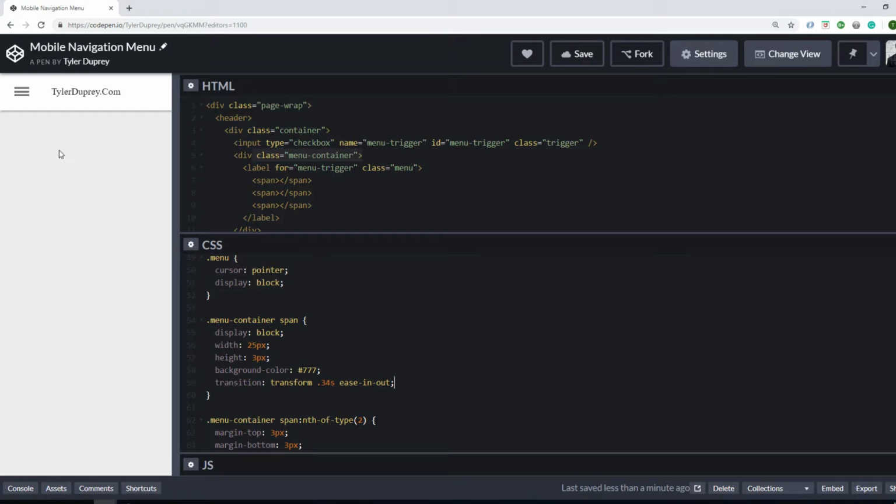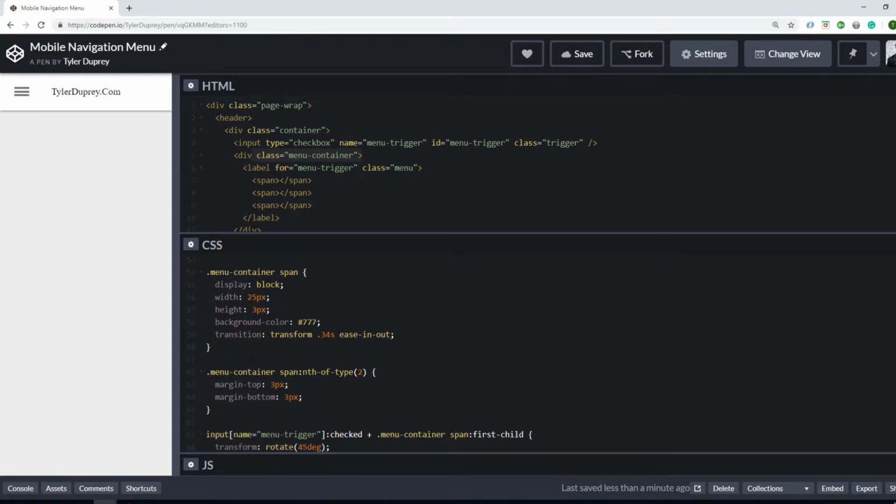So it's going to create a nice and smooth transition for us. Look how smooth that is. The only thing I don't like is that the middle span appears immediately when you click off. When you uncheck the box, the middle span appears immediately. And so we actually want to,